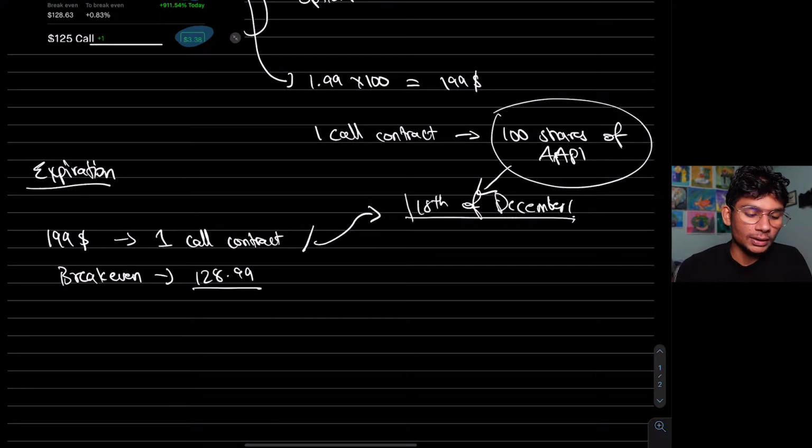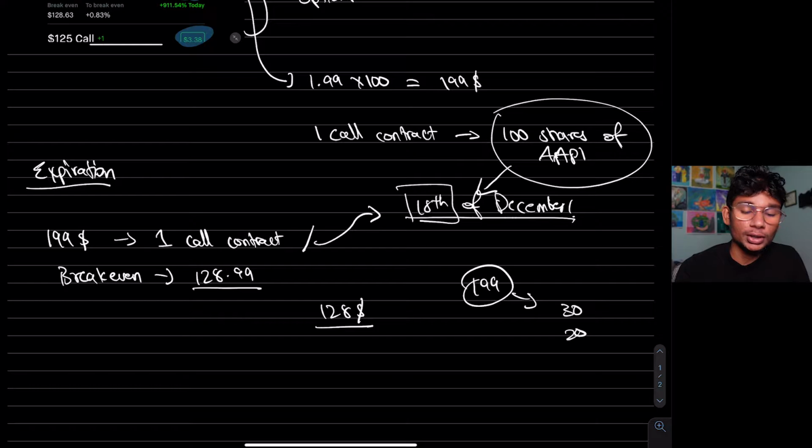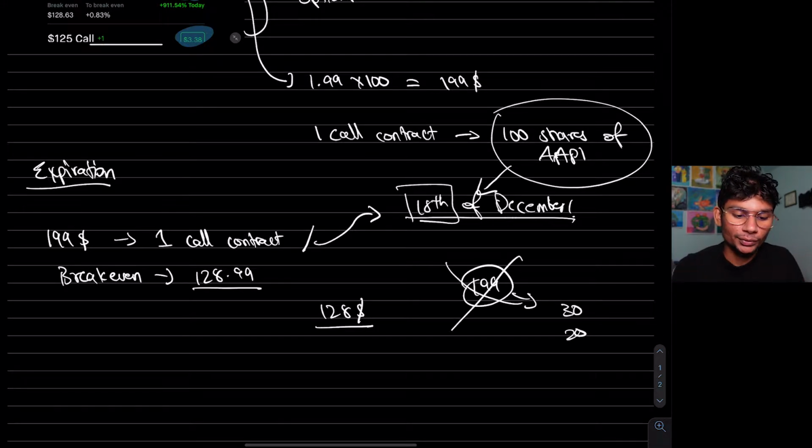Let's say on the 18th, during expiration, the Apple stock price is below 128.99. Let's say it's at $128. So what will happen? You're not breaking even, right? What will happen is you will lose most of that $199. Maybe you'll be left with $30, $20, but since we're gonna let it expire,